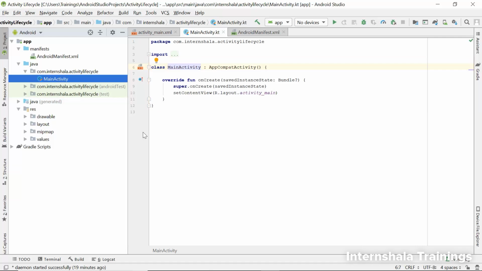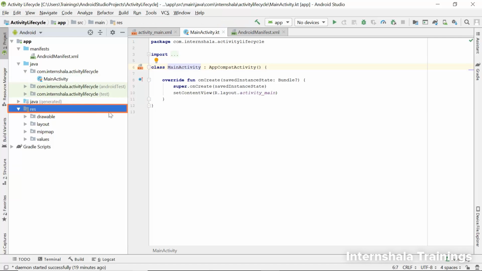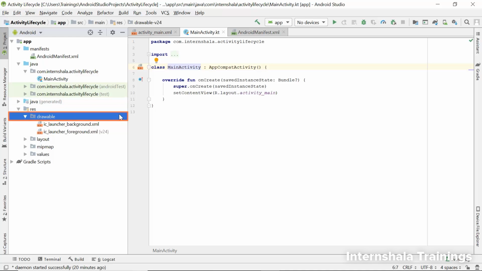Next, we will look at this folder called the res folder. Res stands for resources. So all the resources that will be used for the development of our Android app will be placed inside this folder. Okay, so what do we mean by resources? The resources can be a layout file, an image, app icons, colors, etc. Inside this resources folder is this drawable directory. All the images and the design files used in the application will be placed inside this directory.